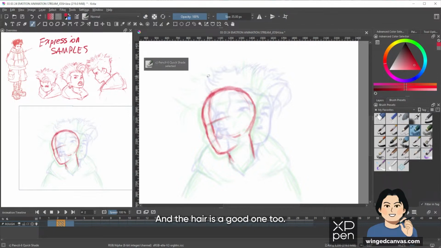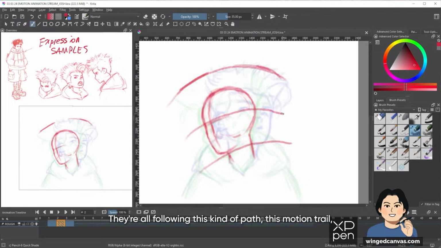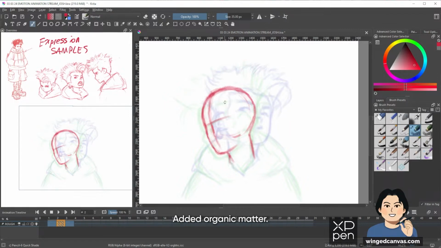The hair is a good one too. You'll notice that the height of the hair path in the green one and the blue one are roughly the same, but it's not straight. It's following a curved trajectory. Same thing with the chin and the eyes. They're all following this motion trail, so that it feels organic and like it's actually moving in an organic manner.